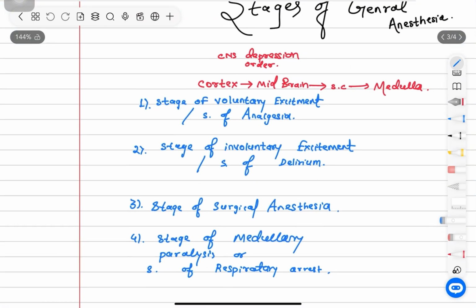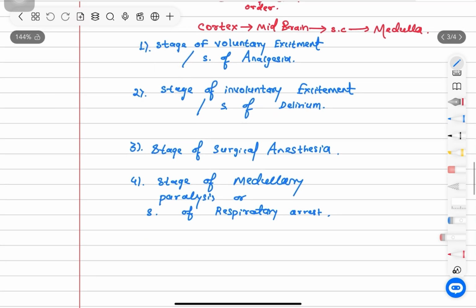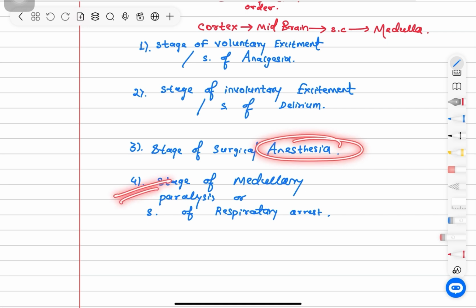There are basically four stages of general anesthesia. We will discuss them one by one. Number one is the stage of voluntary excitement, also known as the stage of analgesia. The second is the stage of involuntary excitement, also known as the stage of delirium. Then the third stage is the stage of surgical anesthesia. And the fourth, the last, is known as the stage of medullary paralysis or the stage of